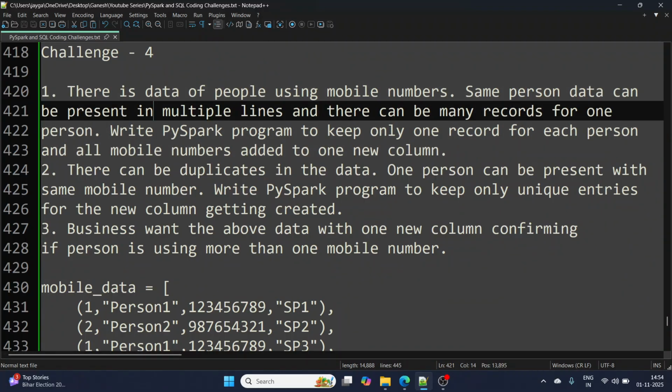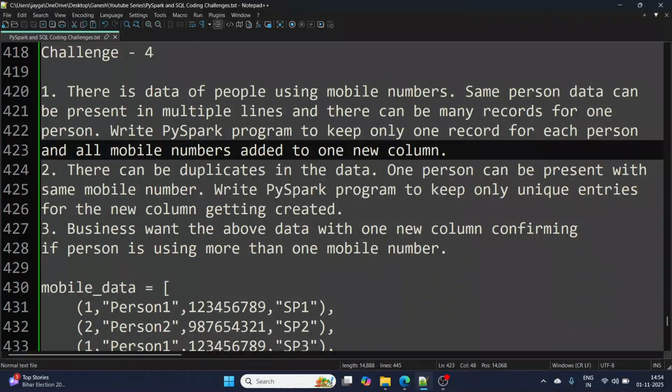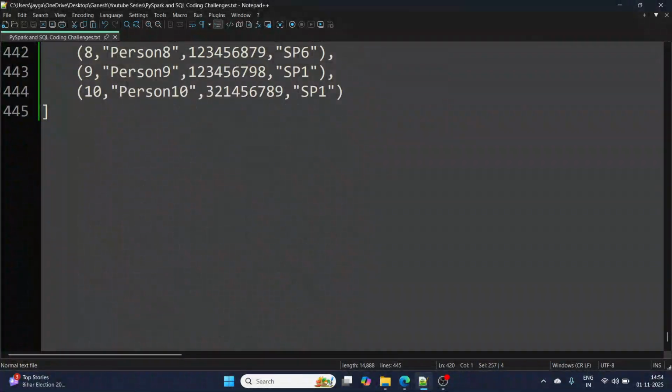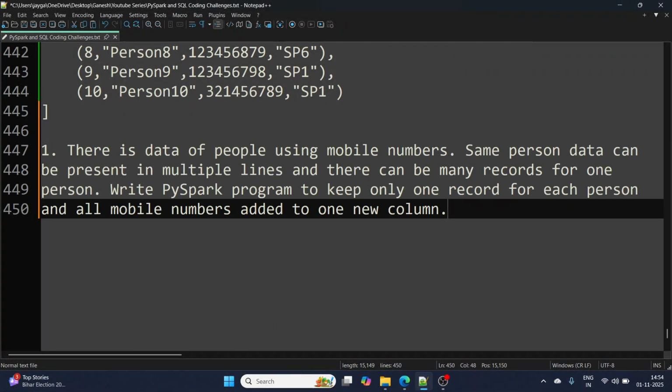So let's try to understand how to solve the first problem. Let me copy this one and put it here at the end. For the first one, there is a transformation called collect list in PySpark.